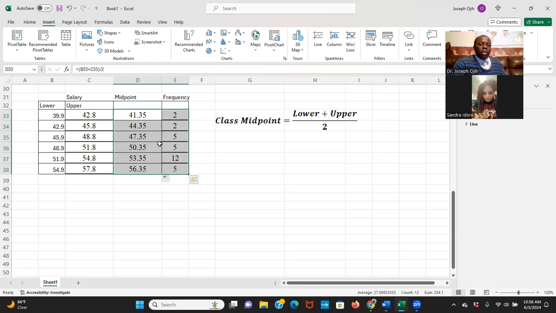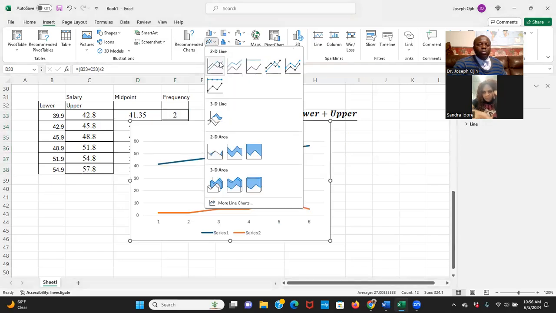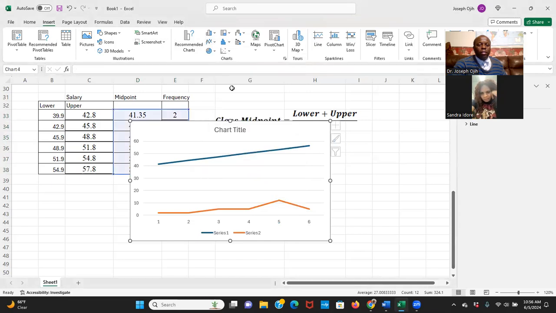Okay. So once you highlight it, then click on insert. Choose this one, which is a line graph. We try this one. If it doesn't work, we try a different graph. Okay. Let's try this one. I think this might work. Click on this. It gave me this. This will not work, because you know why? Because it wasn't giving me